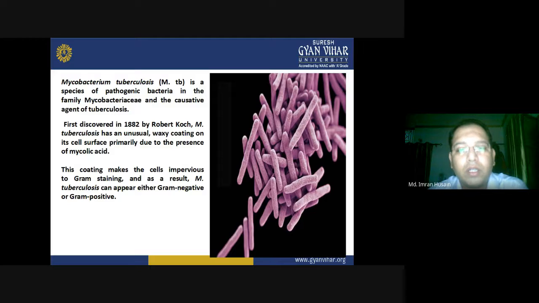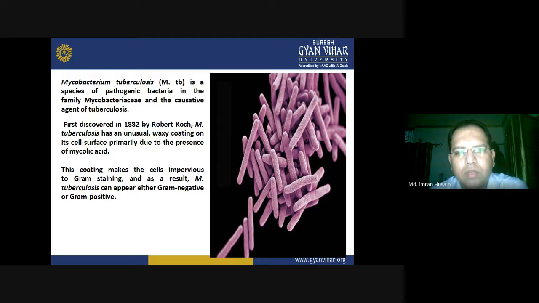So Mycobacterium tuberculosis is a species of pathogenic bacteria in the family of Mycobacteriaceae and the causative agent of tuberculosis. Tuberculosis is an infection that is caused in the lungs of human beings and animals. There are small tumors when the inside of the lungs is observed. That is why the name tuberculosis has been given. First discovered in 1882 by Robert Koch,